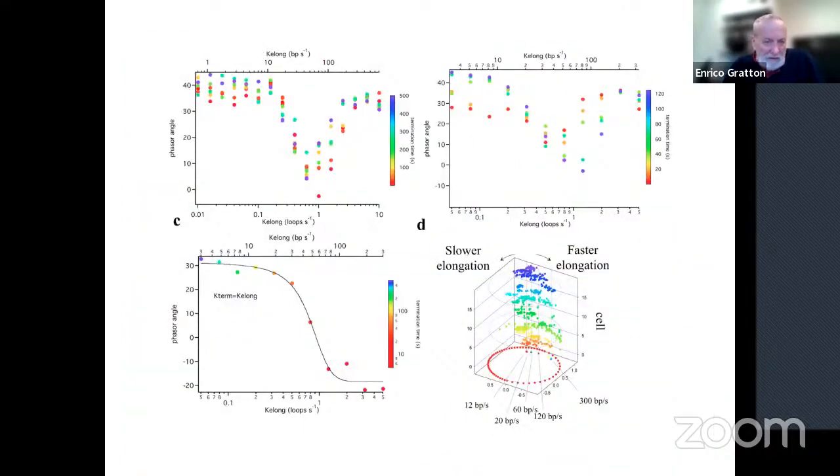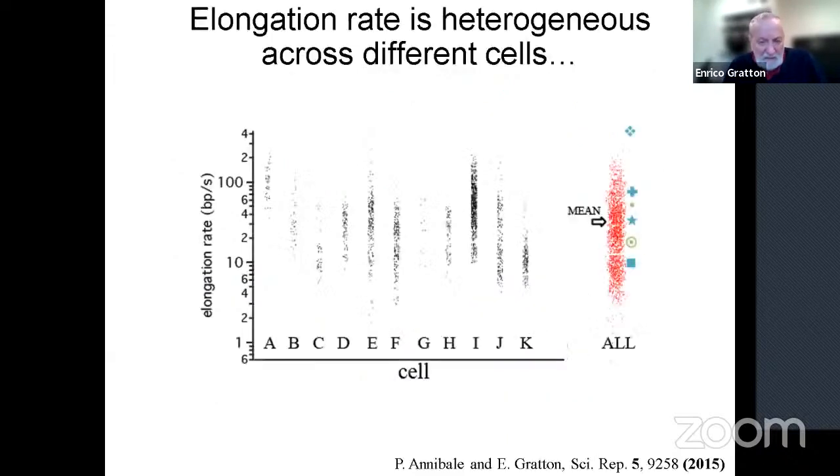Okay, and those are now many different phasor angles, and then we can measure many different petals. So, on the action of the same gene, now we can observe 1, 2, 3, 4, 5, 6, 7, 8 petals, and see if the time is different, and whether the polymerase acts in a different way for the different petals. Can I have the next slide?